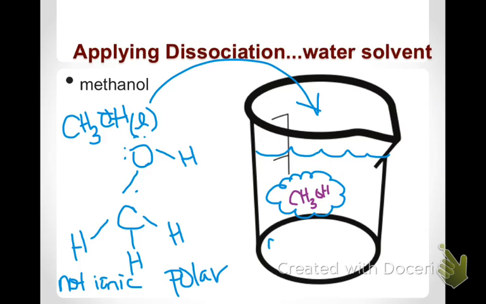So we would write this as CH3OH liquid, and it would become CH3OH aqueous. We call those liquids miscible. A miscible liquid is one that dissolves in water. Something that is immiscible, like oil, is not going to do that. So these are some